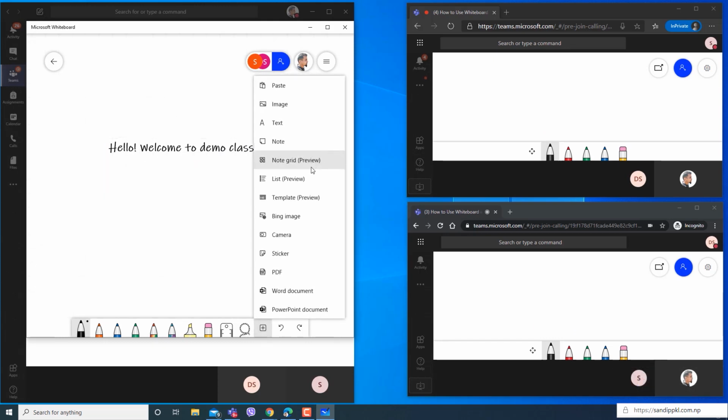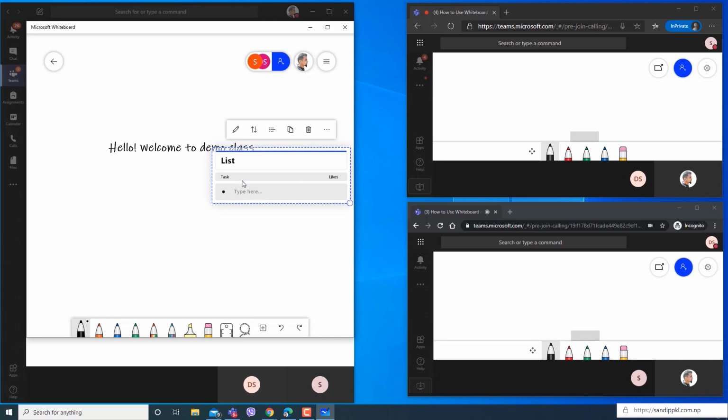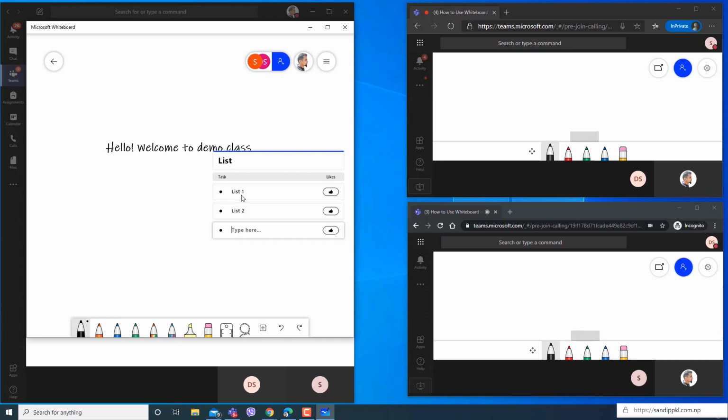Next we have list preview. You can list here. You can write in list form also, list 1, list 2, like this. You can list. Sort list also.